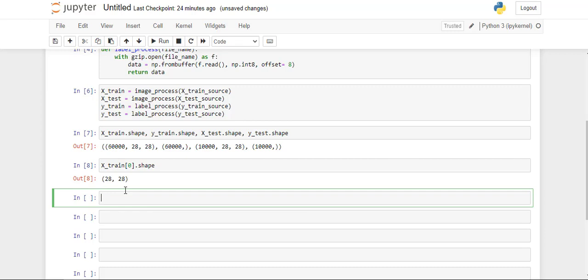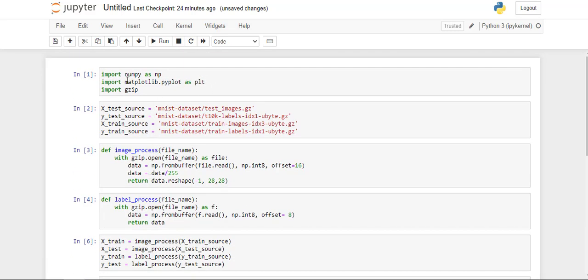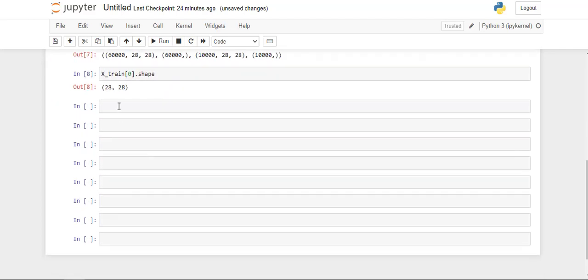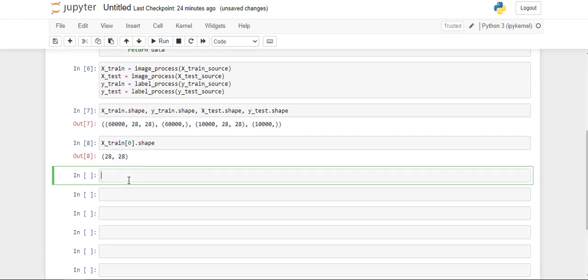So I will import the matplotlib library. I already imported it here. So first I will show